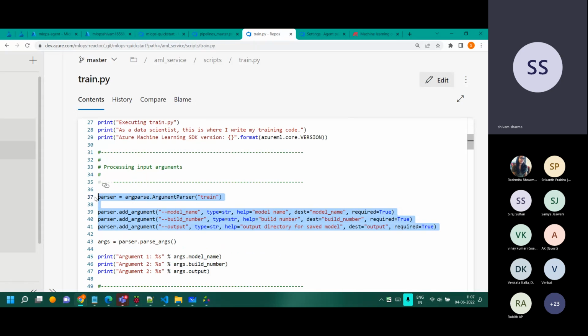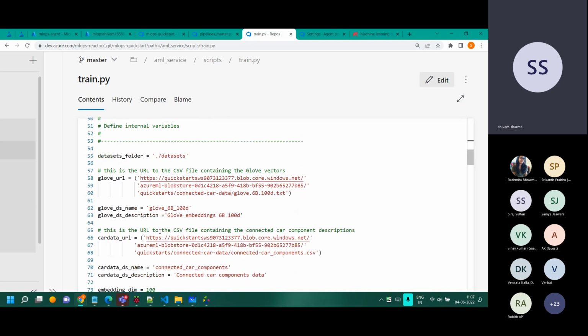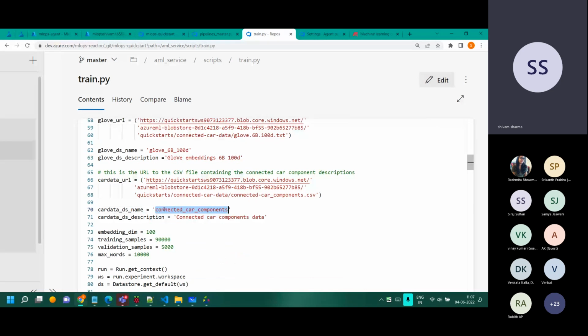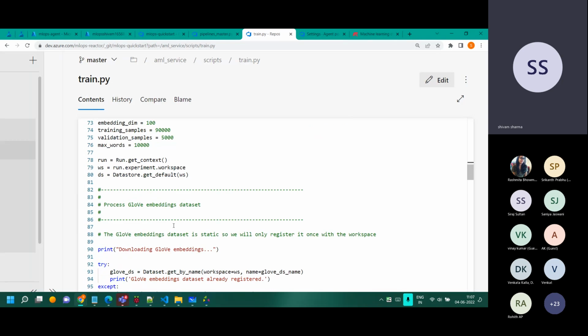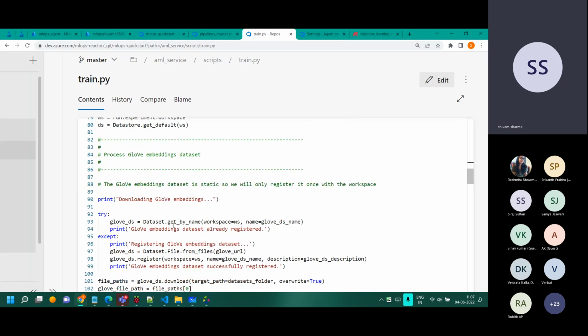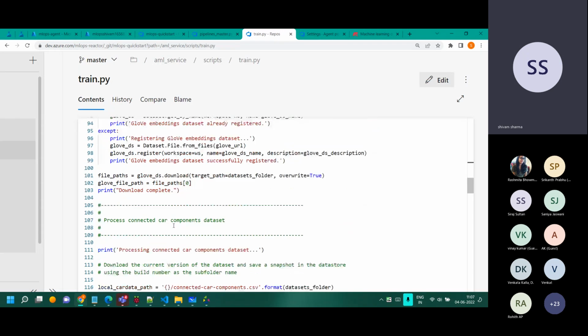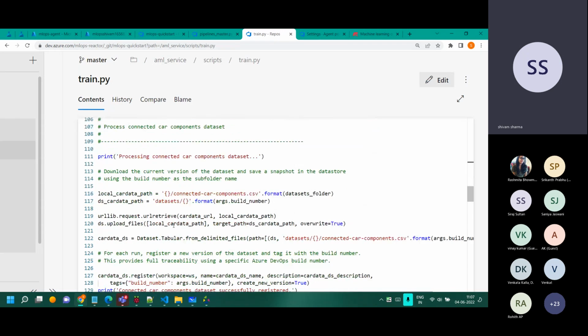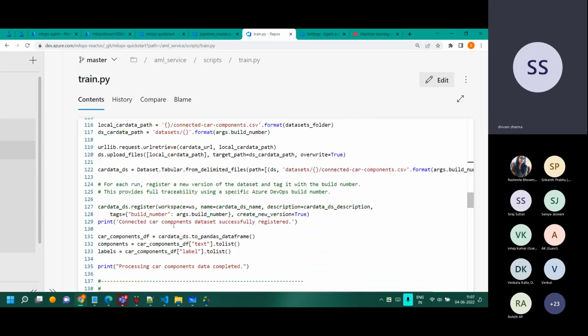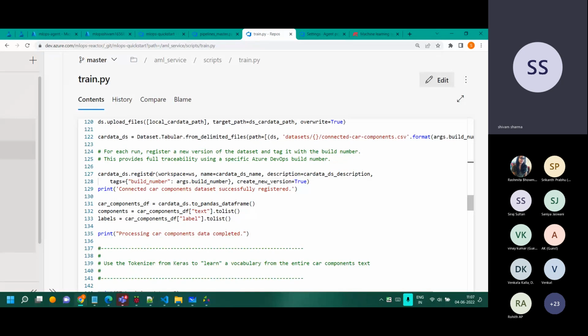But the main thing which we are doing over here is this: the data set which we are using for the training purpose, we are registering it in this line.